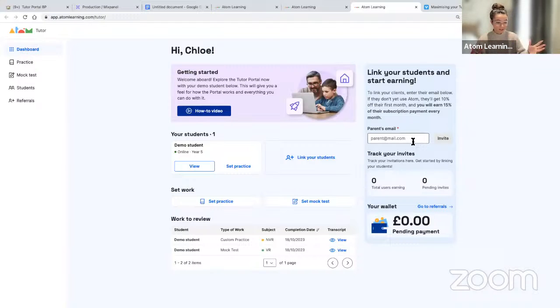So this is the page you'll see. All you'll need to do is input your client's email into this form here and click the invite button. That will send them an invite to register. And when they do register, you'll automatically be linked to their account. So you'll be able to see all of the work that they're completing, and you'll be able to set them